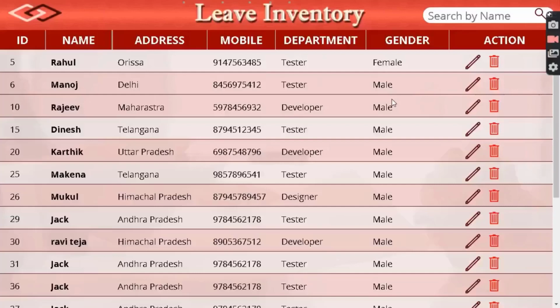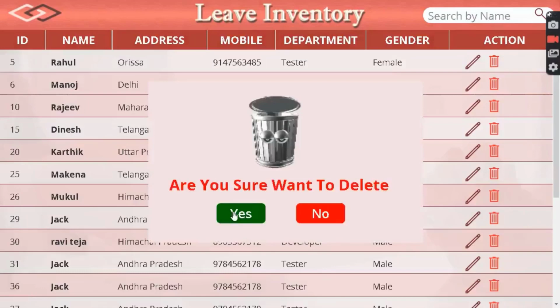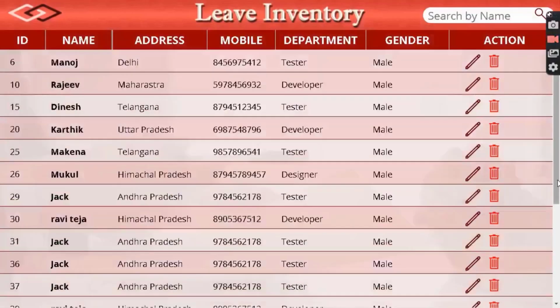And if I click on this trash icon, you get a confirmation to delete that particular record, and after clicking on yes, that particular record will get deleted. So the record with the name Rahul is deleted.